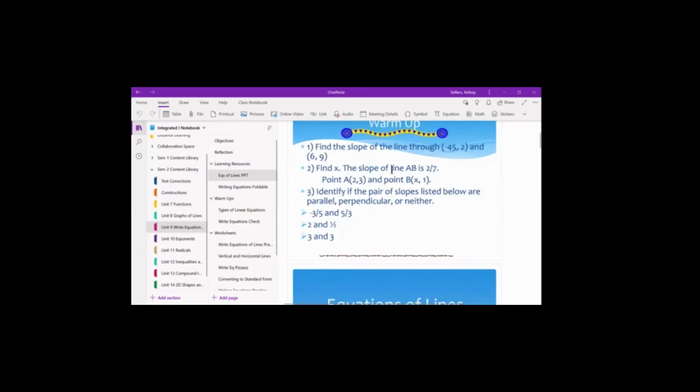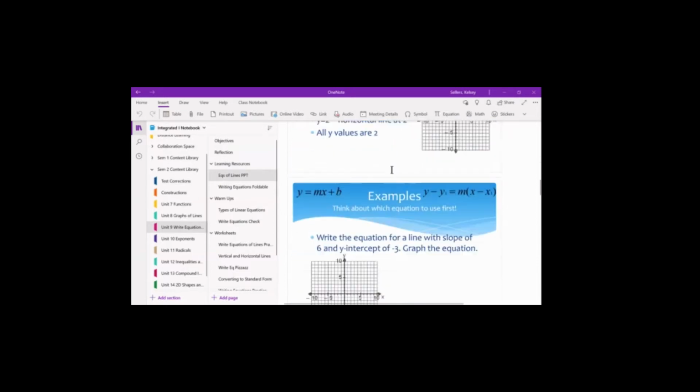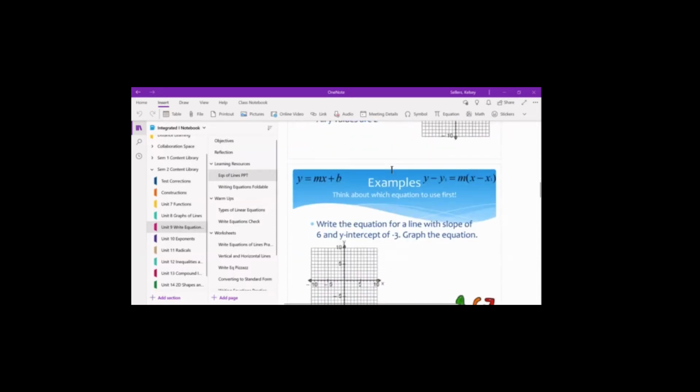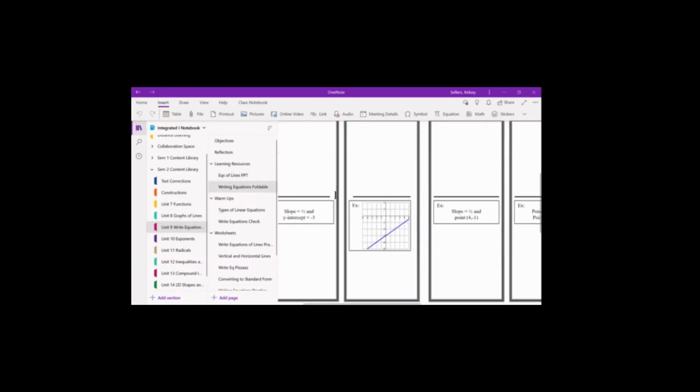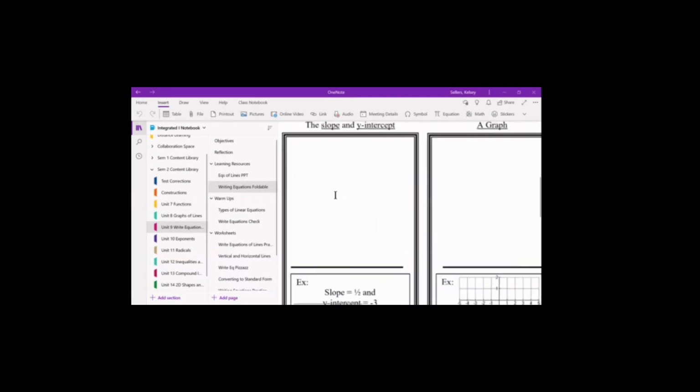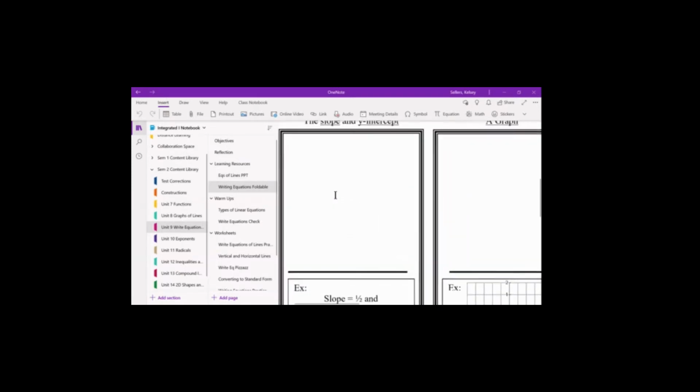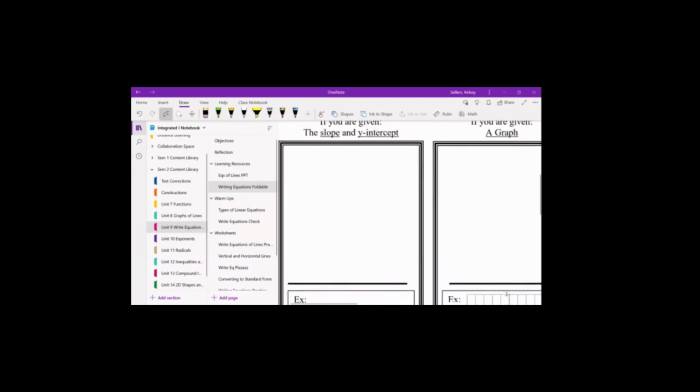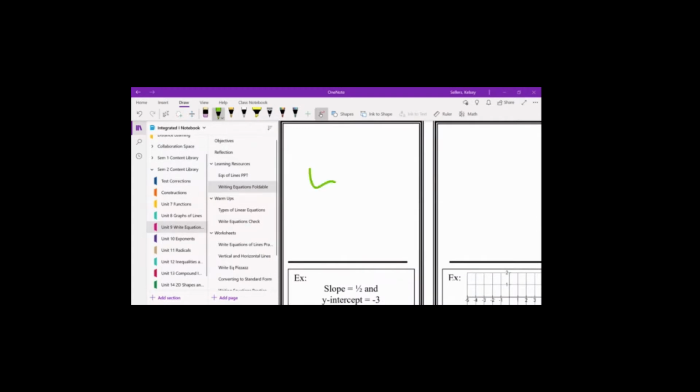This one I actually put where you can see all of the slides. I took notes on this for them so that they could see the entire notes in OneNote. This particular unit, I put our foldable that we did in here, and they wrote on it. They can enlarge it and make it really big, so it's really easy for them to either write right here, or they can type if they want to. If they have a stylus, or some of my kids just use their finger, they can write on the screen. So that just makes it